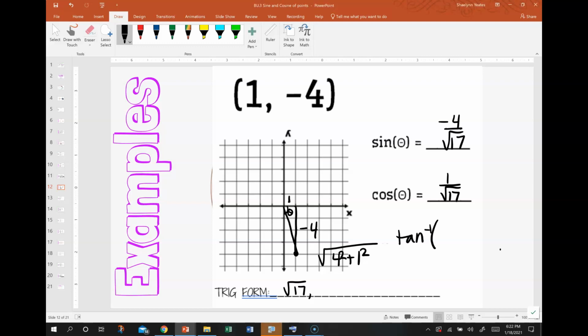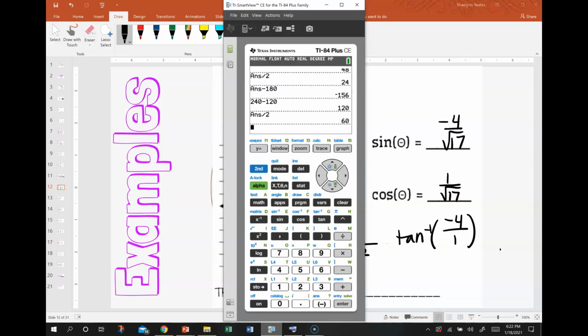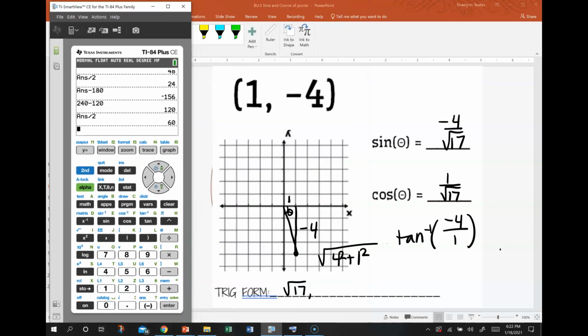Alright, so inverse tangent of my opposite, which will be -4, over my adjacent, which is 1. So we're going to do inverse tangent of -4 over 1. And I get